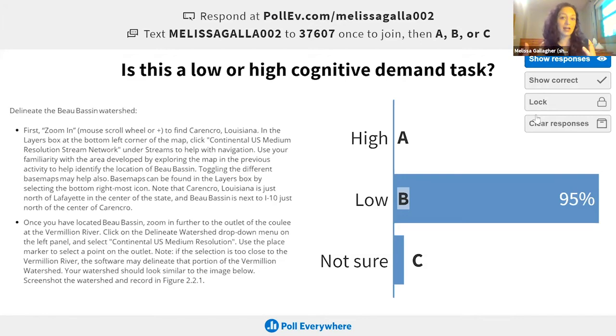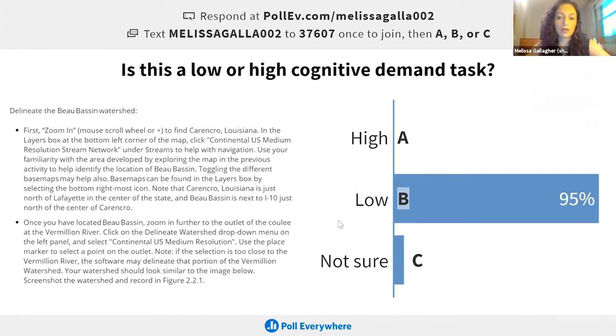And then your high cognitive demand task would be evaluating all of that and delineating the watershed by hand. If your module has different goals, like I think the goal of this module is to get students to design a detention basin, then they need to delineate a watershed more quickly so that they can spend more cognitive energy on designing a detention basin. So one thing to think about is your goal, your objectives, and your purpose as an instructor, and when you make a decision whether to use a high or low cognitive demand task.